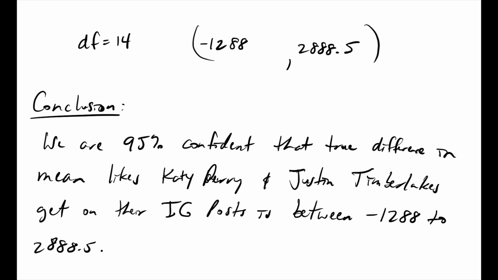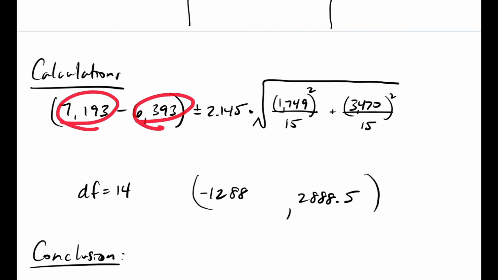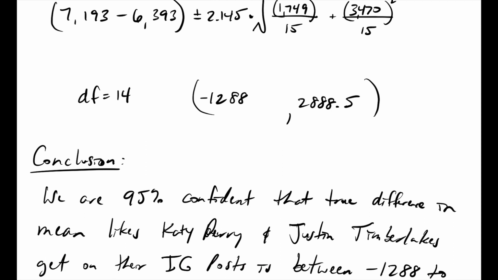That's one way. That's definitely an interpretation, right? That's why one number is negative and one number is positive. So if zero's in there, we fail to reject that Katy Perry gets significantly more likes on her Instagram post than Justin Timberlake does. She does get more in this sample of 15, she got 800 more. But bigger picture, that's just on these 15 that I looked at. Bigger picture, all of her Instagram posts, all of his Instagram posts.